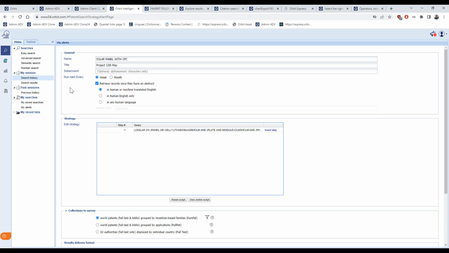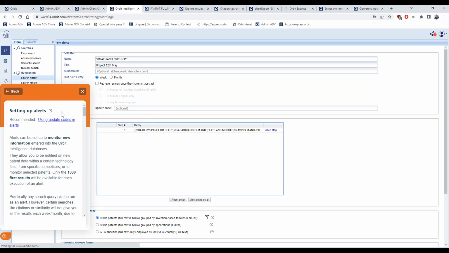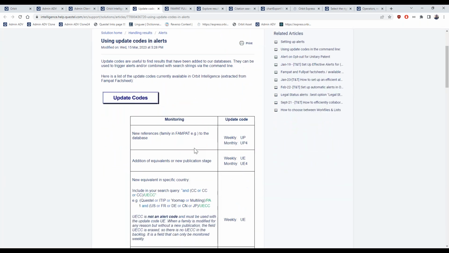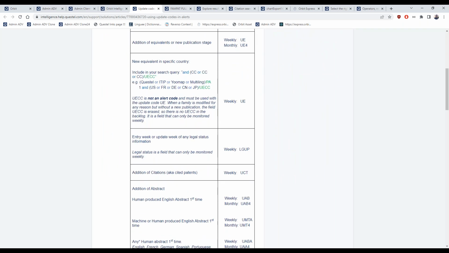Why? Because by default, you have this option, retrieve records once they have an abstract. But if I untick this option, I have now the possibility to enter an update code. The list of update codes can be found in our knowledge base, and there's a dedicated article with all update codes that can be used.